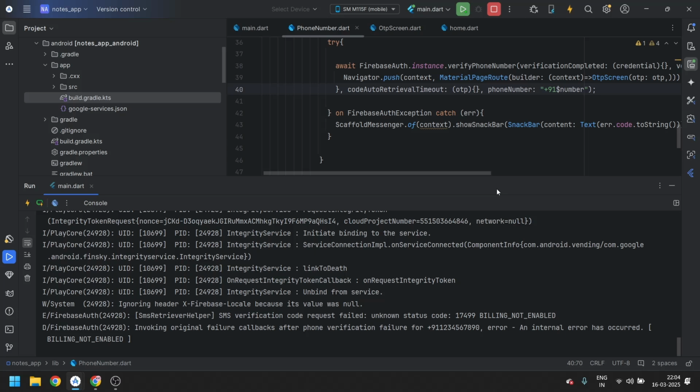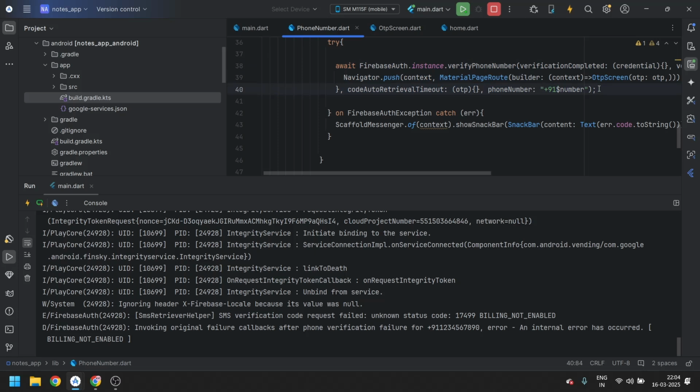So now, how can we enable it? We can enable it after creating the billing account. But what if we don't have a billing account and can't create one now? You can see that we wrote the whole code and now we want to check whether it's working or not.